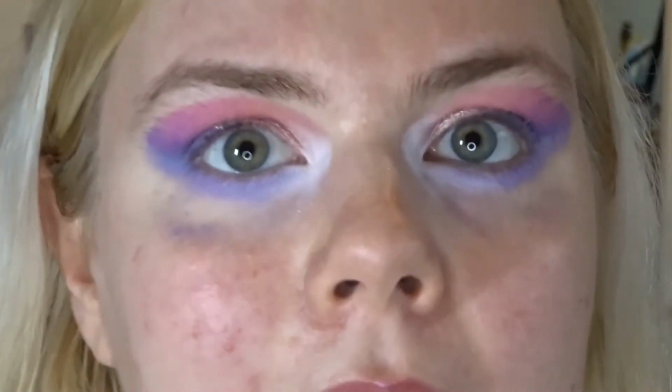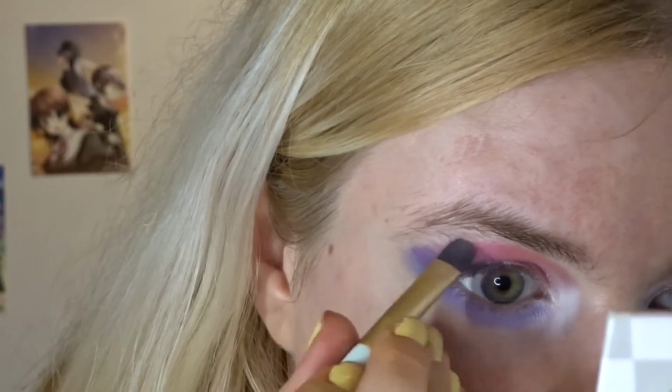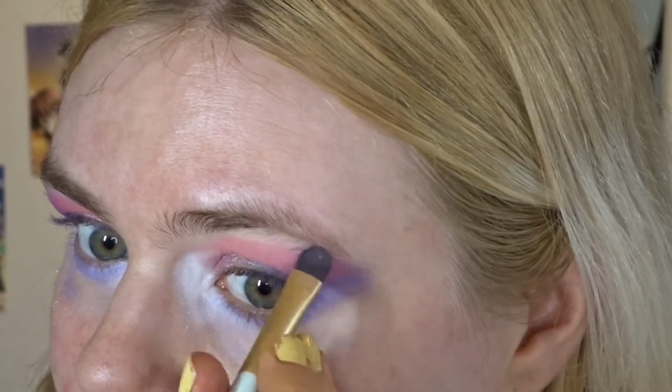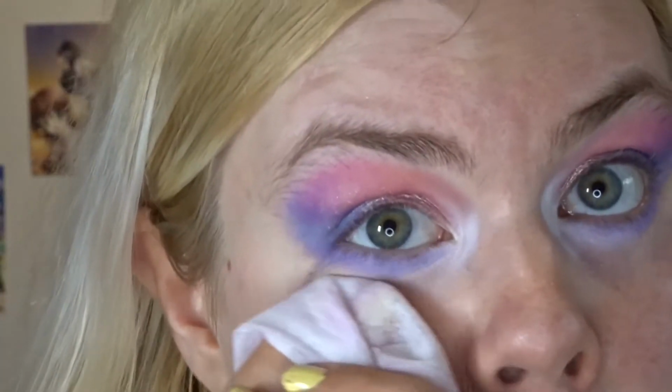I think I got lucky. I kind of like how this turned out. I'm just not sure whether I want to blend this edge or not. Maybe just a little bit. Yes, that's prettier. Alright, I'm going to take the swatches off my arm and the fallout from underneath my eyes. I'm going to put my base makeup on and add some mascara and everything, and then we can finish the